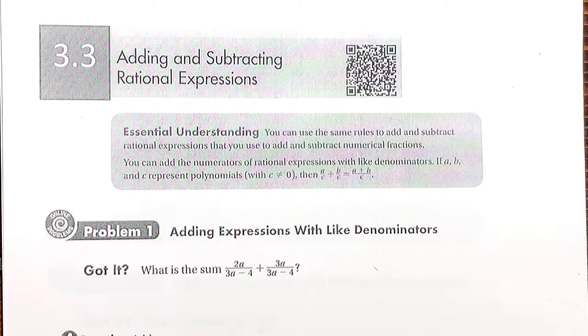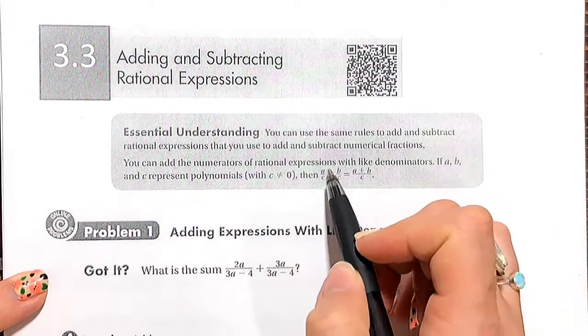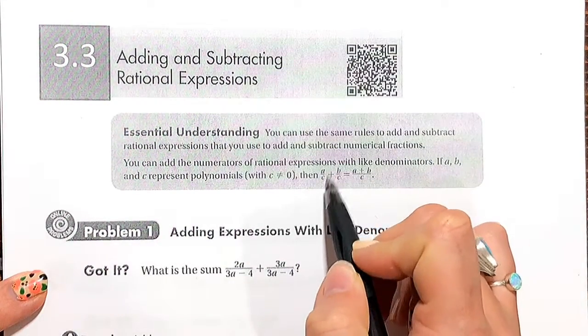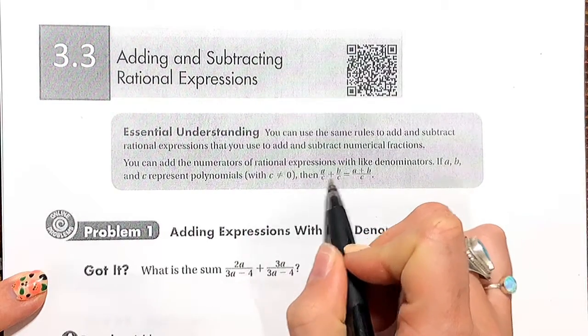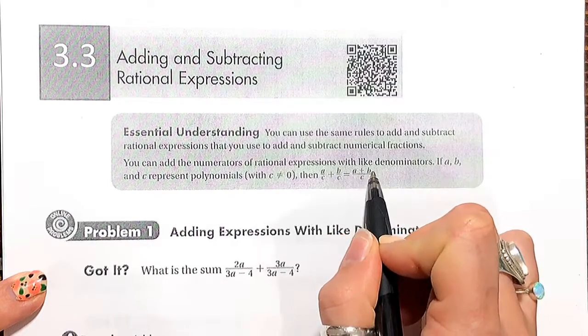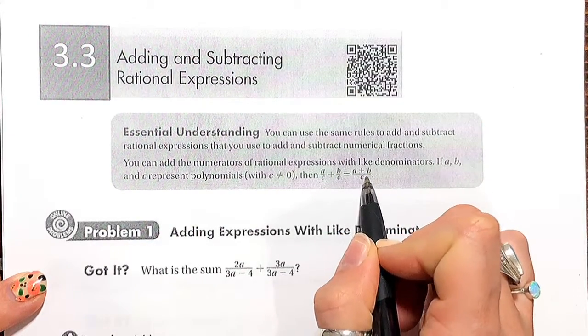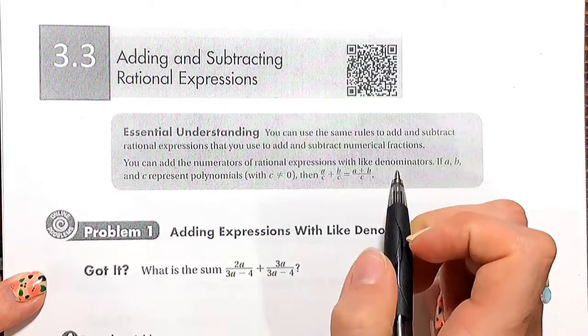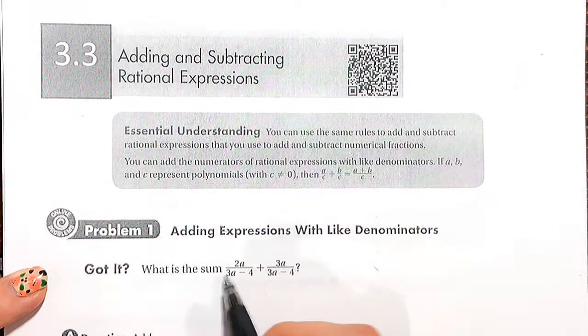Hello, today we're going to start section 3.3 or 2.3, adding and subtracting rationals. So with our rational fractions, just like how you would add and subtract numerical fractions, it's going to be the same process, but with polynomials. Just like when you would add fractions back in the day, you need to have a common denominator before you can add, and once you have that common denominator, you would just add the numerators and leave that denominator the same. We're going to be doing the same type of process, except we're just going to be seeing polynomials